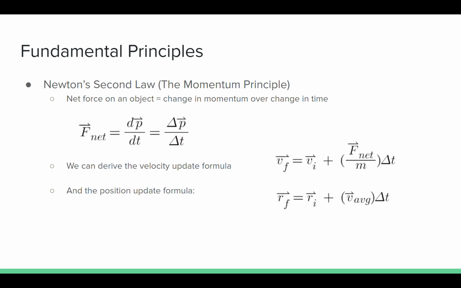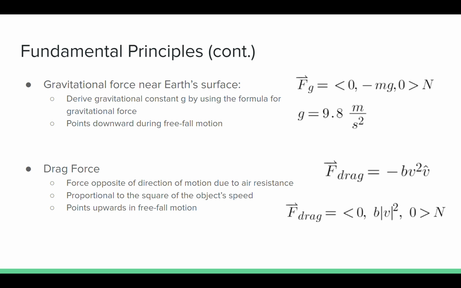The fundamental principles involved in this experiment were, to begin with, Newton's second law, or the momentum principle, which states that the net force on an object is equivalent to the change in momentum over the change in time. From this equation, we can derive the velocity update formula shown to the right, as well as the position update formula. Another fundamental principle involved in this experiment is the gravitational force near Earth's surface, which is negative mass times